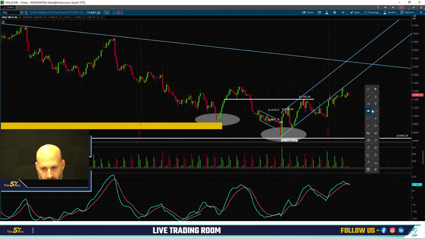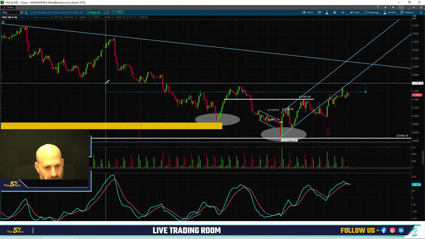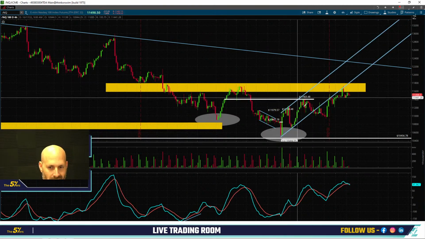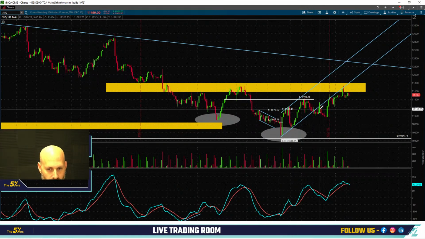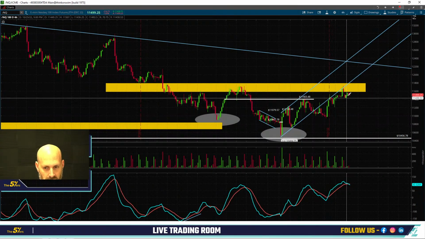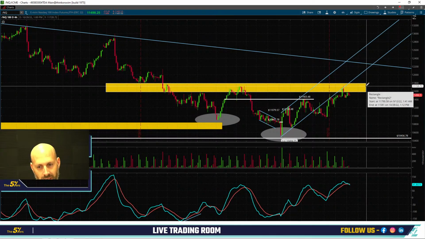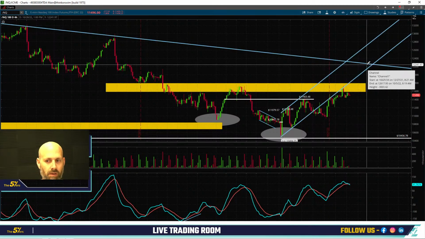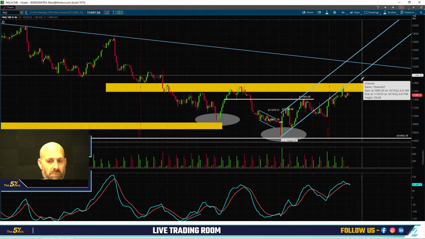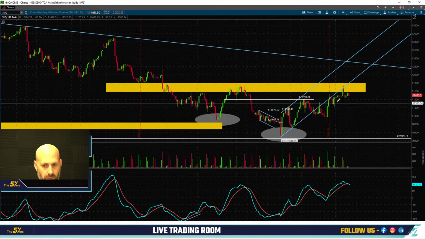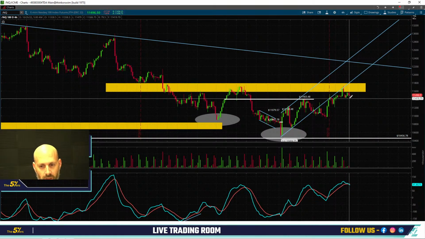Right now we are trading inside of a resistance level, a nice resistance area, still holding it. Also you can see a nice channel that we traded inside of, broke through, resisted, then again another resistance, and dropping a little bit lower than that. I do believe that if we break through this around 11,700 area, then we can see a much stronger move to the upside, maybe even 300 points around the 12,000 on the NASDAQ. But yet again, if we want to see the head and shoulders pattern, we might see